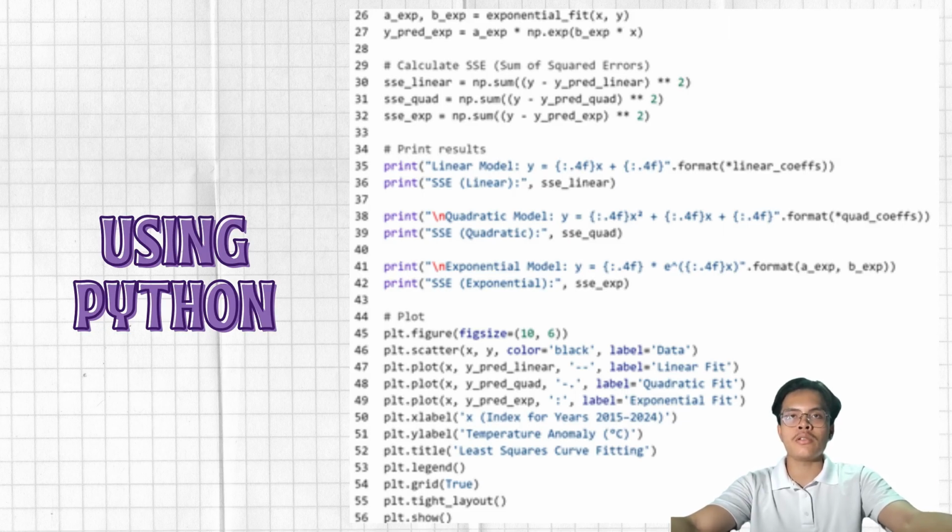For the exponential model, we first transform the data using np.log() to linearize it, and we apply np.polyfit() on the transformed data. And then we use np.exp() to revert it back to the exponential form. So the resultant exponential model was y equals 0.888 times e to the power of 0.0088x. For the interpolation, we use interp1d() from SciPy to estimate values between